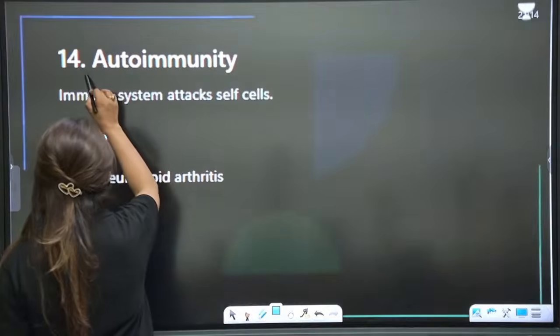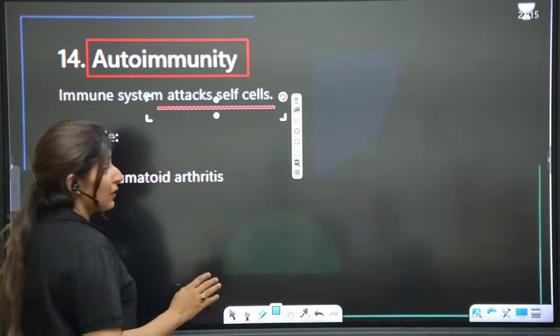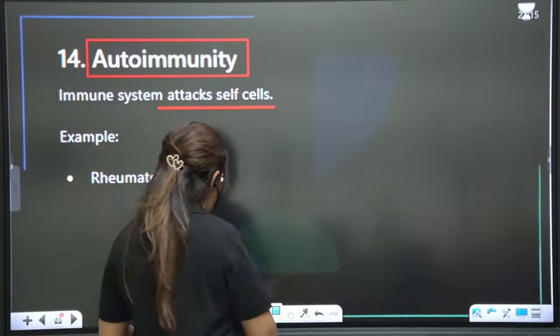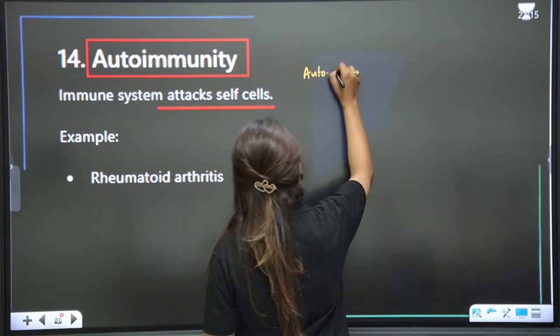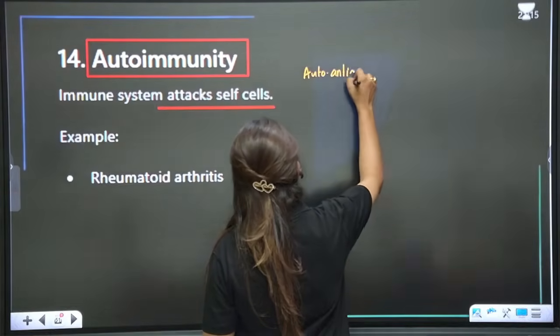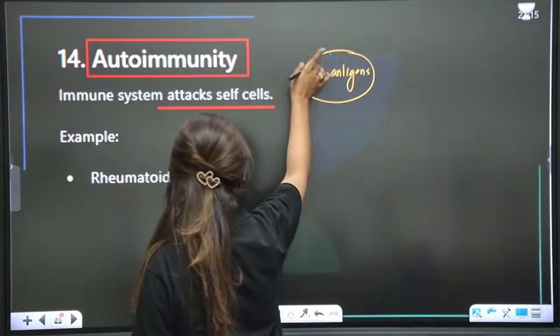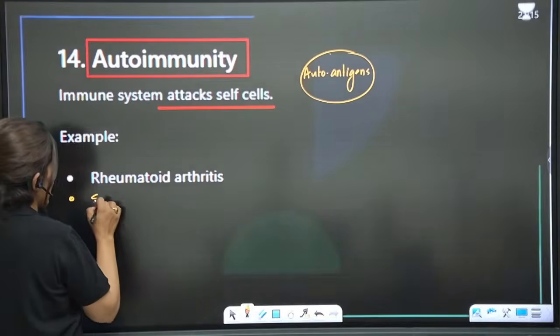Then guys, we have autoimmune disorders. In autoimmune disorders, the immune system attacks its own cells, so it fails to distinguish between its own cells and the foreign cells, and own cells will act as autoantigens. So own antigens will act as autoantigens. So it produces antibodies against autoantigens. For example, rheumatoid arthritis, eczema,